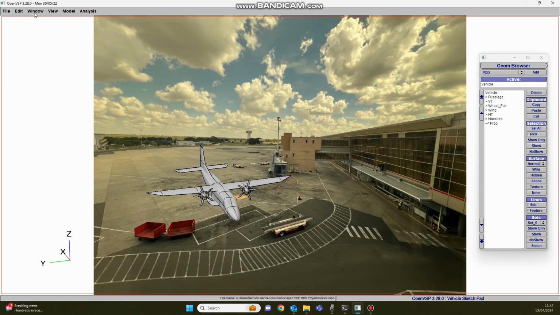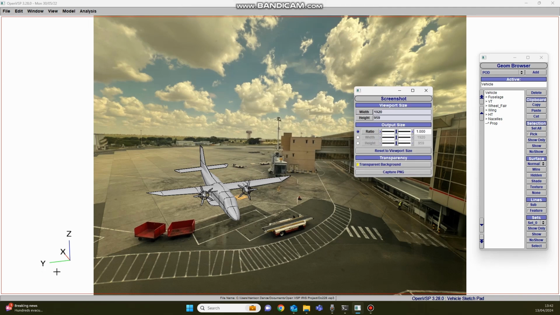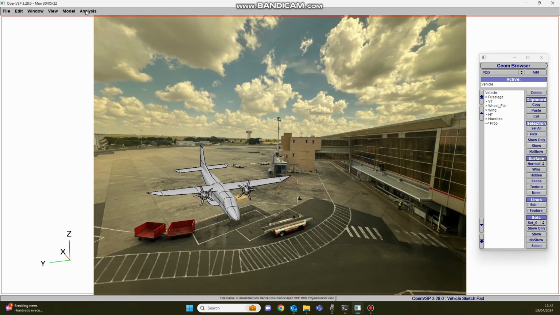Now what I can do, if you want, you can go Window and Screenshot, and what that will effectively do is take a screenshot of your whole screen. So you see this red line on the outside, although you will have these white sections if your background image does not fill the whole area. So you can do that, and then you can clip